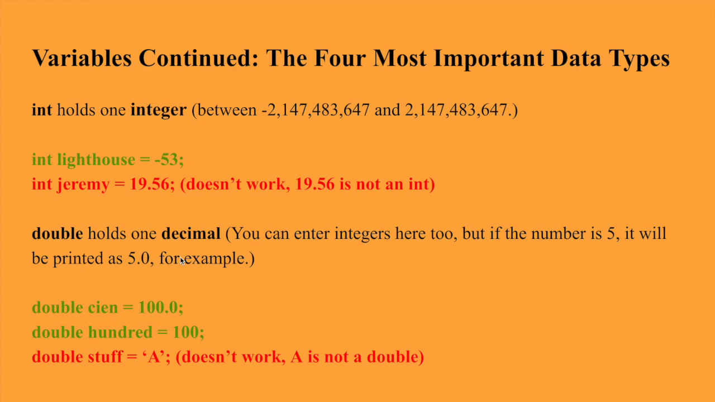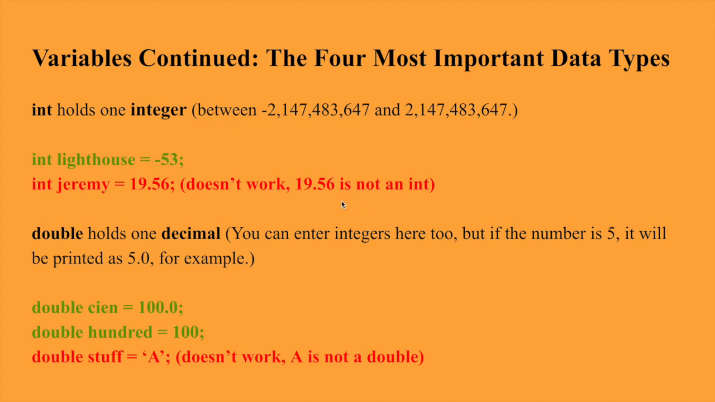So the four most important types are here. Int is the first one you learn. It holds one integer between, I don't know, -2 billion and 2 billion. For instantiation and declaration, some things work and some things don't. If we're making an int called lighthouse, this works. It's able to equal -53 because that is an integer, with a semicolon. We need a semicolon at the end of every one of these. But if we're doing int Jeremy equals 19.56,